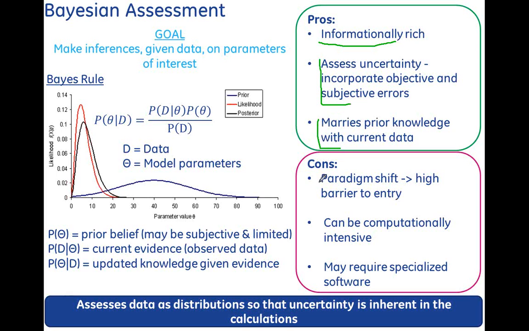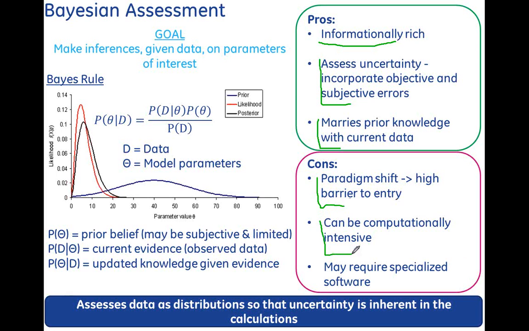There are definitely some cons. It's a paradigm shift, and there's a high barrier to entry. Not a lot of people are comfortable with saying, okay, I'm going to look at everything distributionally now. I'm going to throw away my t-tests that have been tried and true for as long as I remember studying statistics. I'm asking you to at least be open to the fact that there's another way to do this, and it may be more powerful.